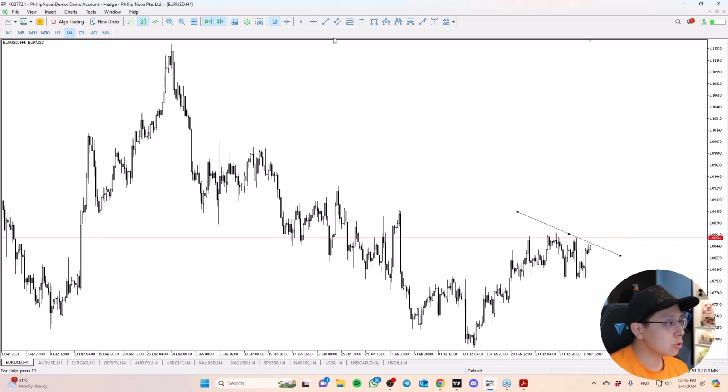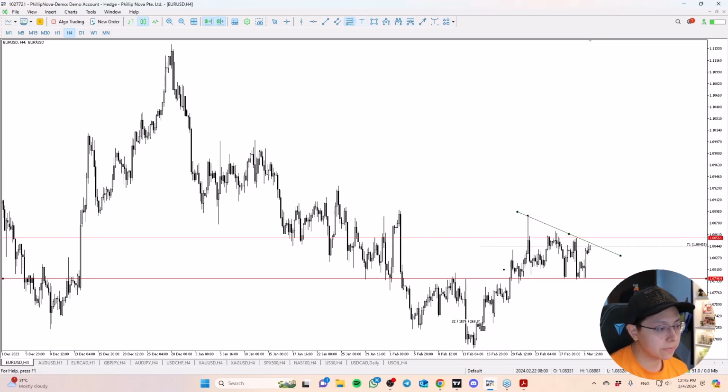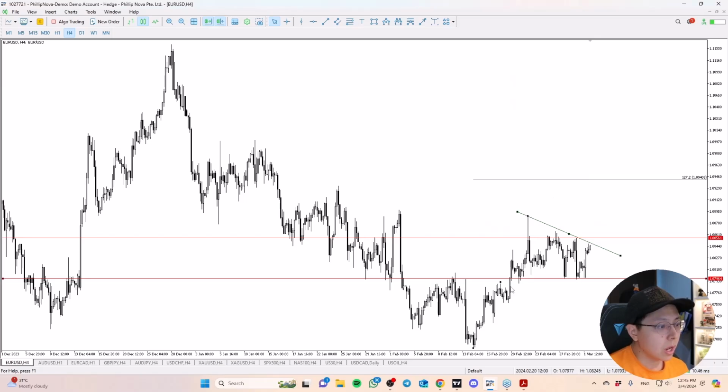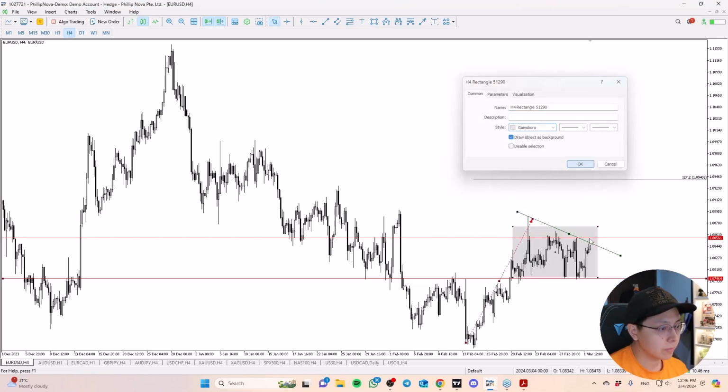So what's a potential trade on Euro dollar over here? I'm utilizing a little bit of Fibs here as well. Let me give you a more conservative target, and use the 127 extension. Just to be more specific, 127.2. So we can use that as a potential target. So what does this setup look like? We have the impulse move, we have the correction.